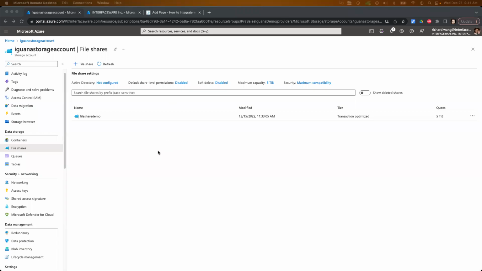Hello, hi. Just want to show you how Iguana can integrate with Azure. Basically, before you understand how Iguana can integrate with Azure, you need to understand how the Azure